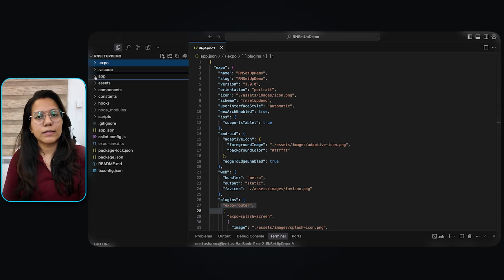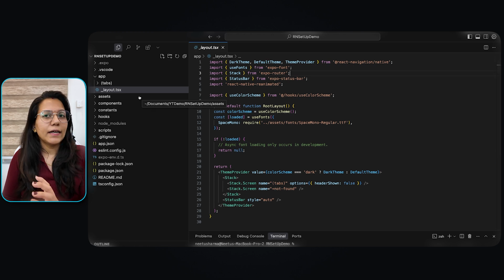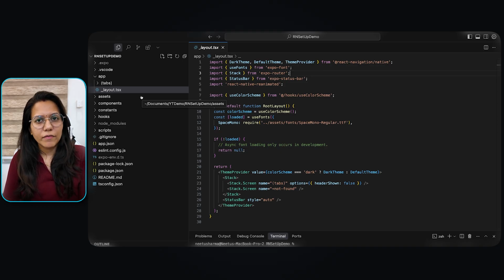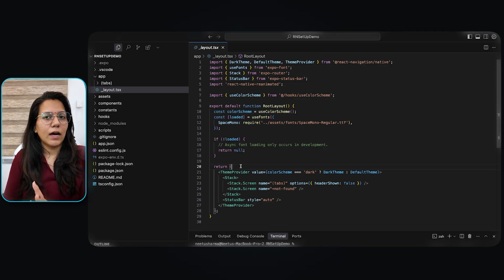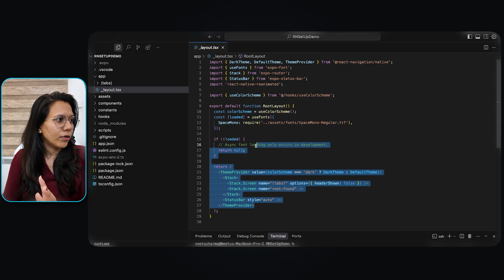The next one is the app folder. This is the main folder. So inside this app, you will see the _layout.tsx file. Basically, this file defines all the navigation related stuff. In short, I can say that all screen-based navigation is done inside this _layout.tsx file. We can define our tab bar and our stack navigation inside this _layout.tsx file.